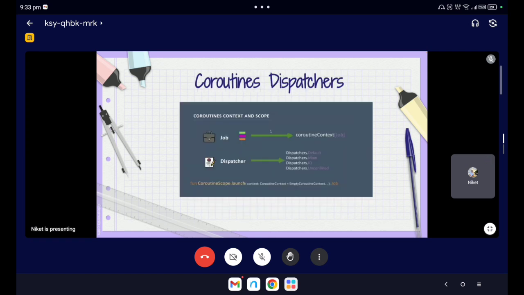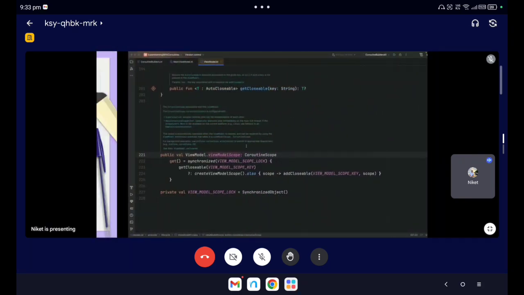Okay, and this dispatcher has a functionality where we have the capability to run our coroutines on a separate thread pool. Okay, for example, if there is a long running task, then I will not do it in the main thread, I will do it in the default thread. Okay, if there is a network request, I will not do it in the main thread, I will do it in the IO thread. Okay, we are going to discuss this dispatcher in much more detail tomorrow, but what I meant to say is that